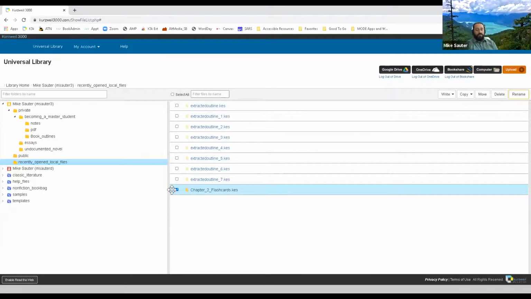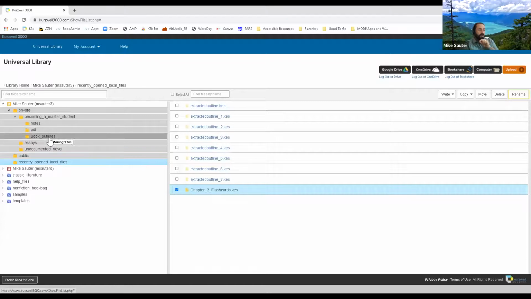So I like to show you all different ways that you can do things. And Kurzweil has recently added the ability to drag and drop, which is so much nicer than using those buttons. Let's see if it works for us today, because it can be a little buggy. But if I hover my mouse over just to the left of the name, I get this crosshairs cursor. And if I click, it will allow me to move my file, but I have to be real specific where I drop it. Notice how it is highlighting in a darker color.